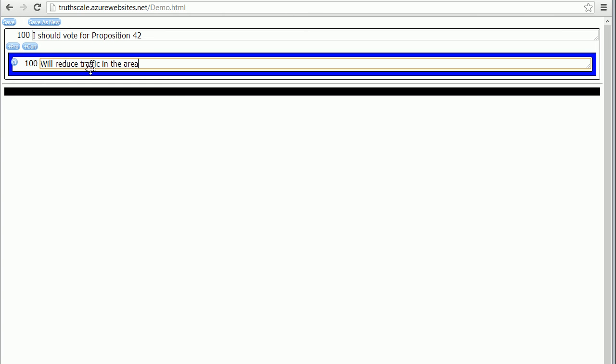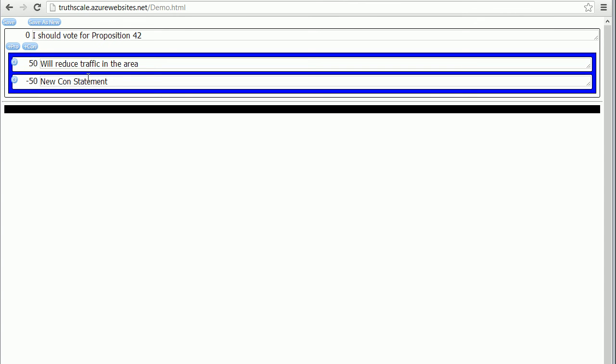So it's about putting in a new road. So we have one pro, which gives us 100 points, because if there's only one good statement to say about it, then we know that it's perfectly true.